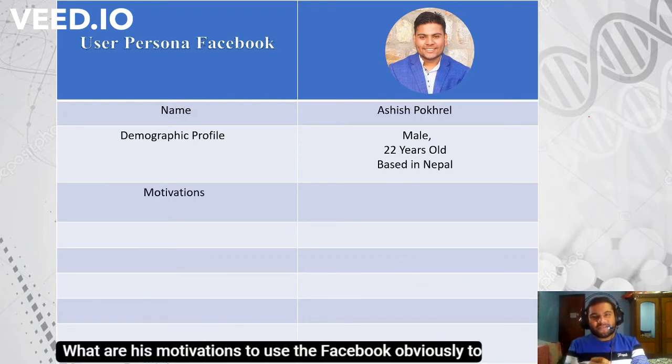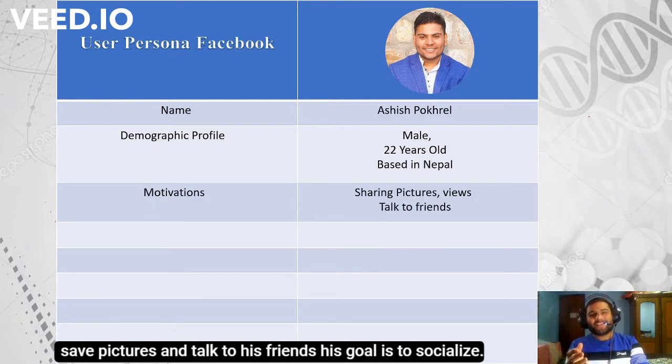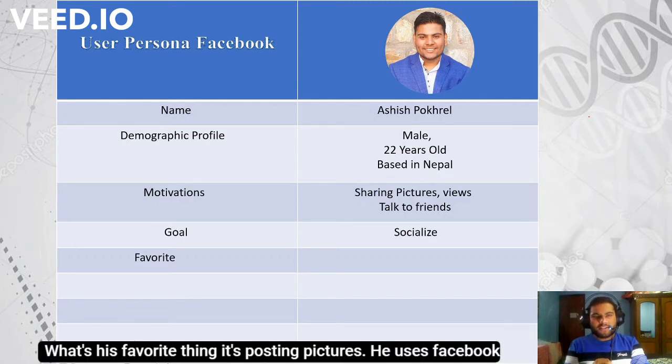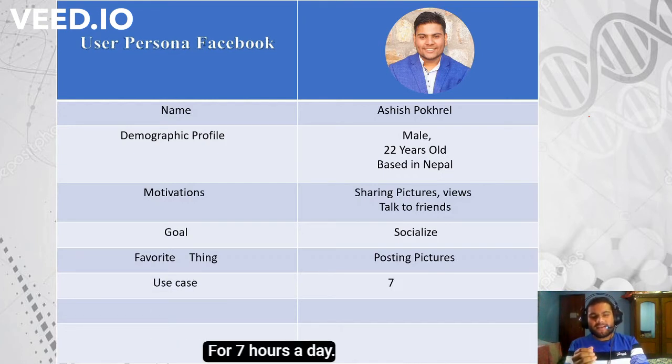What are his motivations to use Facebook? Obviously, to share pictures and talk to friends. His goal is to socialize. What's his favorite thing? Posting pictures. He uses Facebook for 7 hours a day. Now you can clearly see